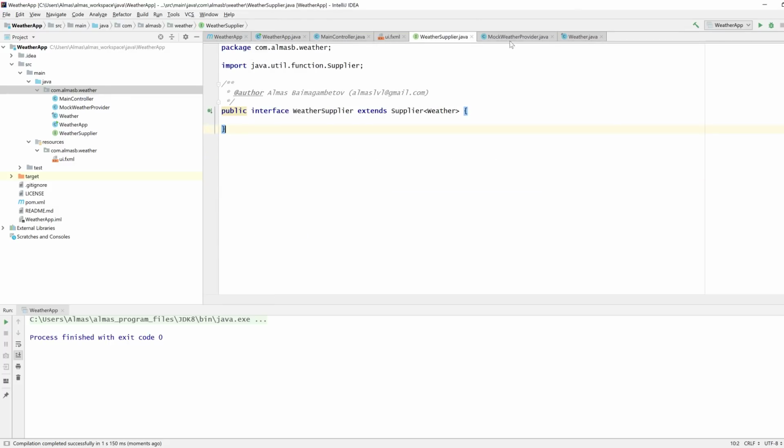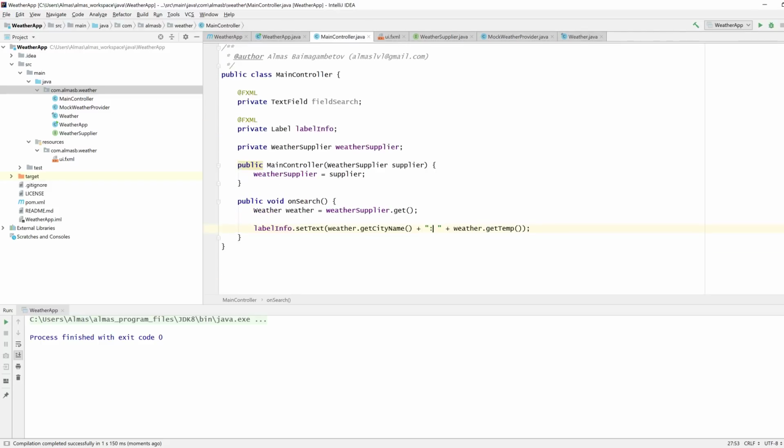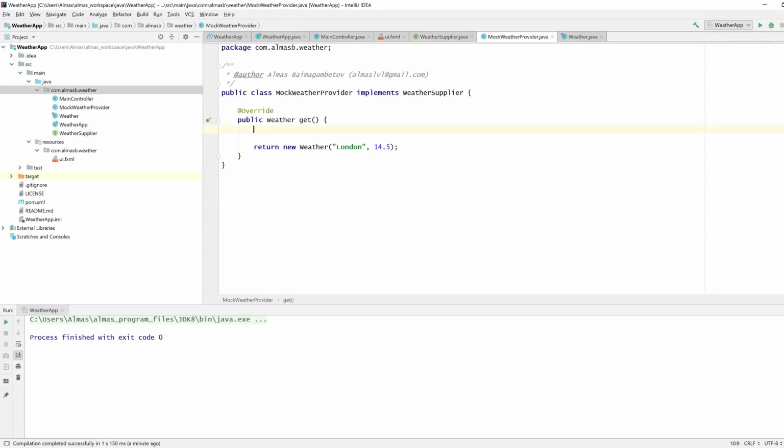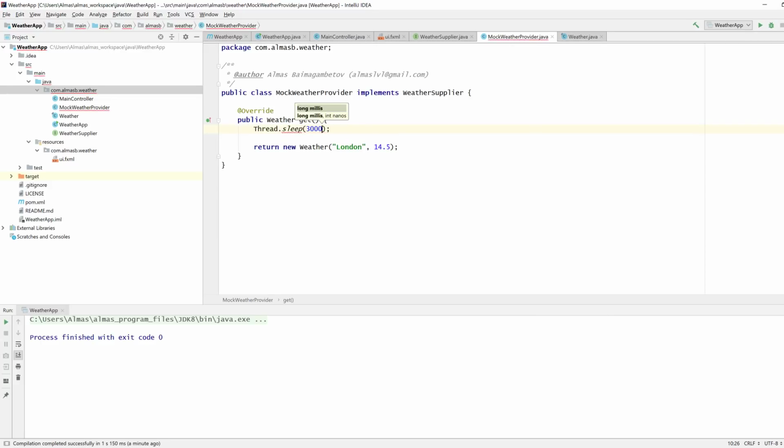Now, it was pretty fast, so it was alright. Now imagine, during the development, developers forget that they've done this thing, which they should never do. And at some point, we actually implement the internet connection to the URL and getting the weather back, which may take, say, I don't know, 3 seconds. And if we do this now,